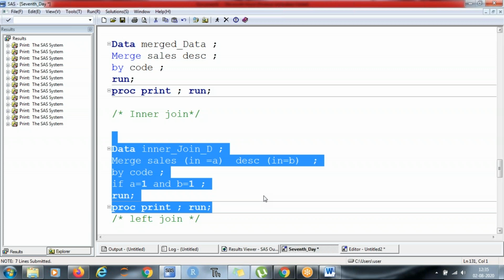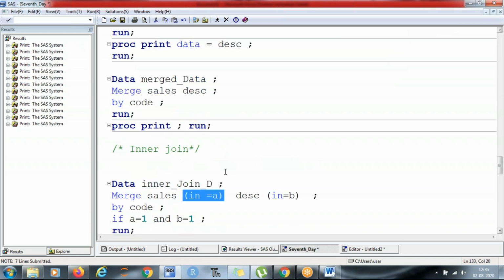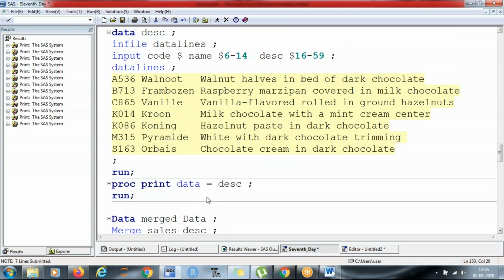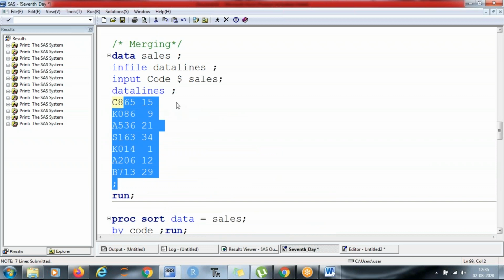Run this. Can you explain again once more? So by using this small reference variable in is equal to A, in the background a variable A will be created, and for every value the value of A is true or 1. शेष इन इक्वल टू ए का मतलब ये हो गया कि मैंने शेष डेटा के लिए इन सब वेरिएबल के जो वाई में यूज हुए हैं उनके अगेंस्ट ए की वैल्यू एज ए 1 स्टोर करके रखी हुई है. This is true, right? अगर फॉल्स होती तो 0 आ जाता.